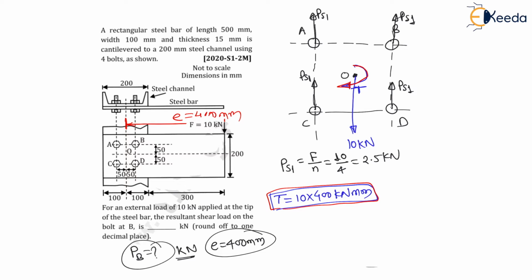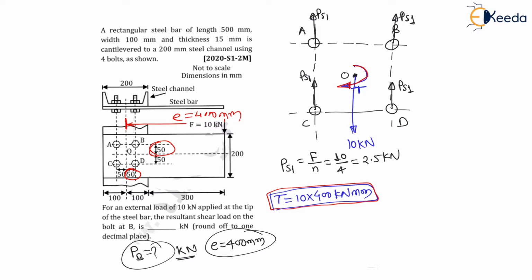Now for all bolts together, the centroid will be at point O. Therefore, let us measure the distance of all bolts from the centroid. Right. Now, my dear students, from O, the vertical distance of B is given as 50. Here you can check, 50. And the horizontal distance of B from O is also given as 50. In the diagram you can check, 50, 50, right?